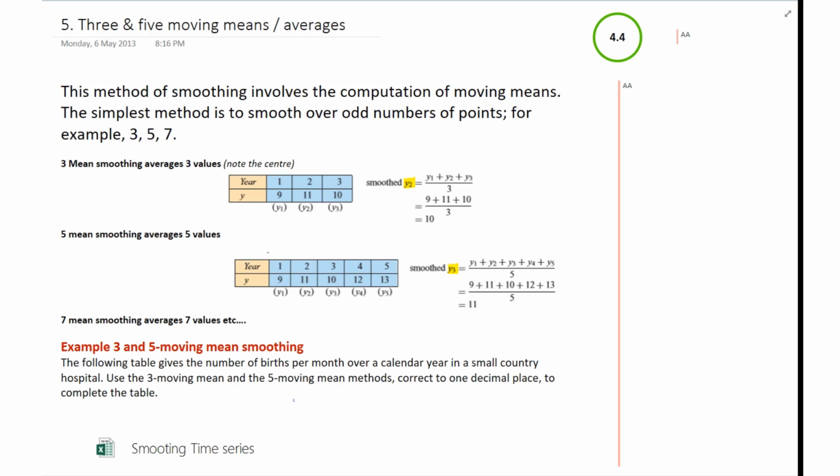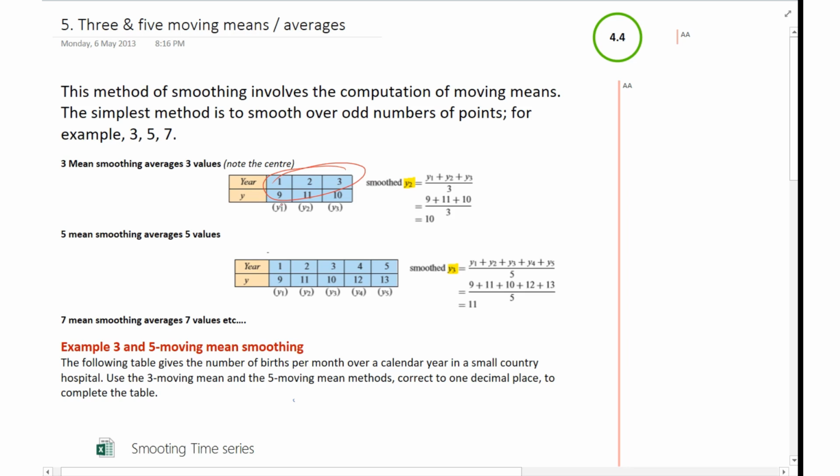Okay, so in this video, we're going to be looking at 3 and 5 moving means. In this one, what we're looking at is they basically smooth over an odd number of points. This is a reasonably easy one to do compared to when we get to the 2 and 4 mean smoothing types. Because basically what you're doing is you're looking at your first 3 sets of data points,